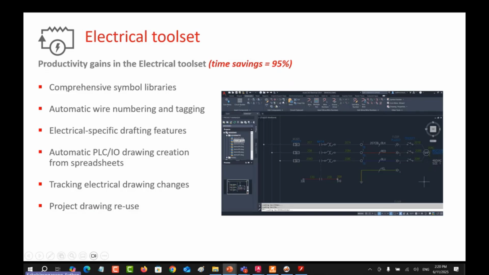And we focus on the six key features that benefit you. The first one is comprehensive symbol libraries, because we provide more than 100,000 symbols for you. For example, the model, the component, or text, transformer, fields, anything.